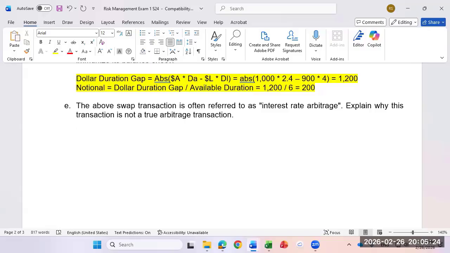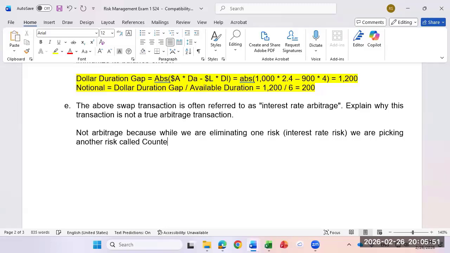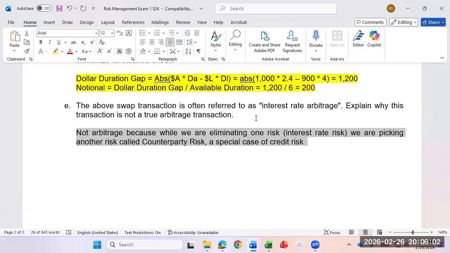On this one, I won't give you the full answer, but I think I gave you one in a previous class, but it's not arbitrage. Because while we are eliminating one risk, interest rate risk, we are picking up another risk called what? Counterparty risk. A special case of credit risk. You can explain it more there. I'll give a few more words. If you want to explain what counterparty risk is, the fact how it's different in credit risk,